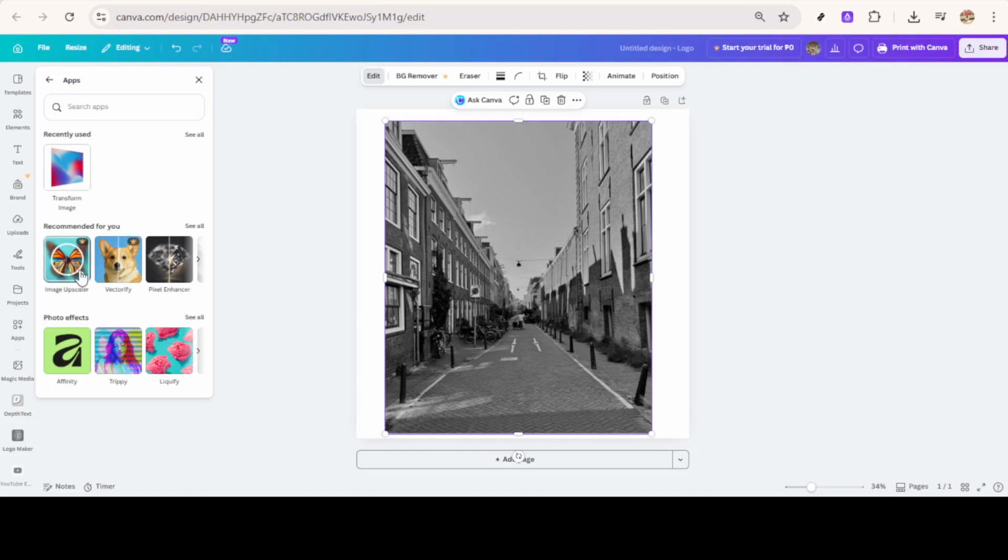That's it. You went to Canva, opened or created a design, selected your photo, opened Edit, and chose Image Upscaler to enhance quality. Give it a try on a few images and you'll see how much crisper your designs can